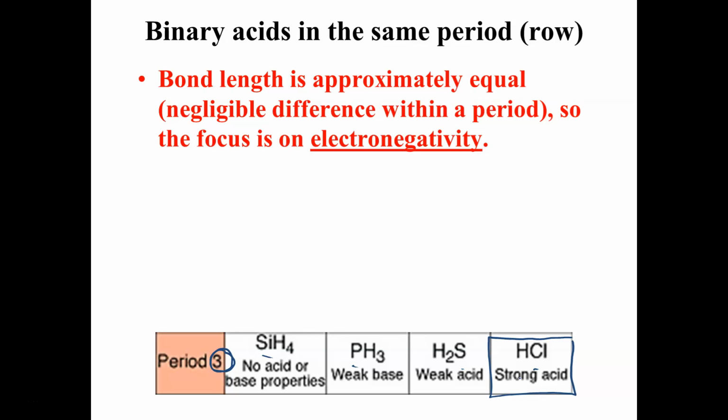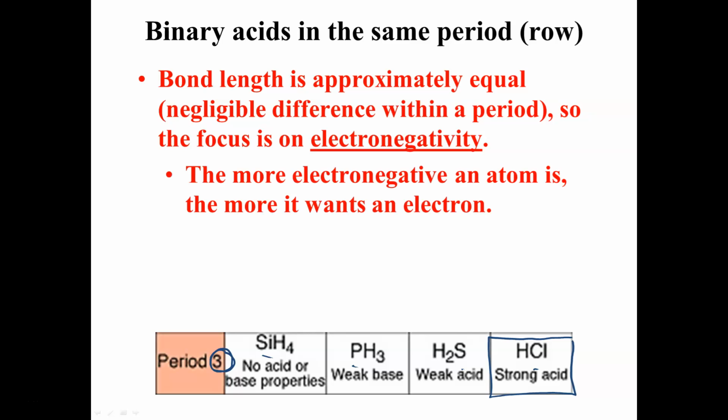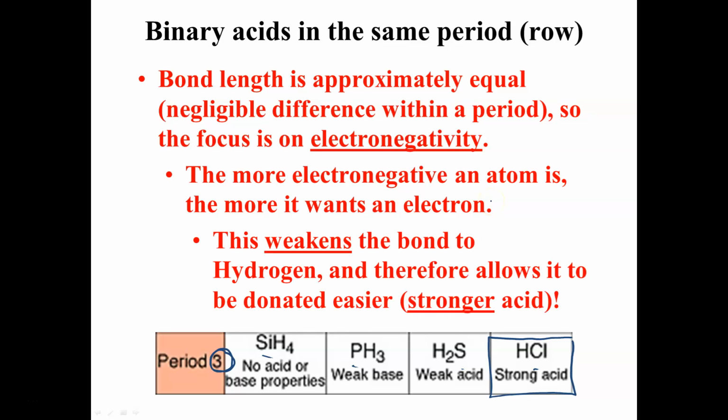All right? So if we can't really focus on bond length here within a row, we have to focus on something else, which is electronegativity. So the more electronegative an atom is, the more it wants an electron. We know that from Chem 1 and from Unit 1. What does this do then? This weakens the bond to the hydrogen. What does that mean? Well, that means the hydrogen can be donated easier, which means what? Stronger acid. All right? So if you're going to compare HCl,